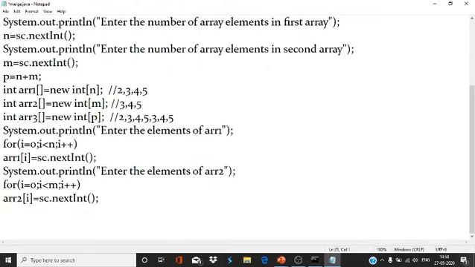Now the merging process. How will we merge this? This is the comment line for understanding how to merge.